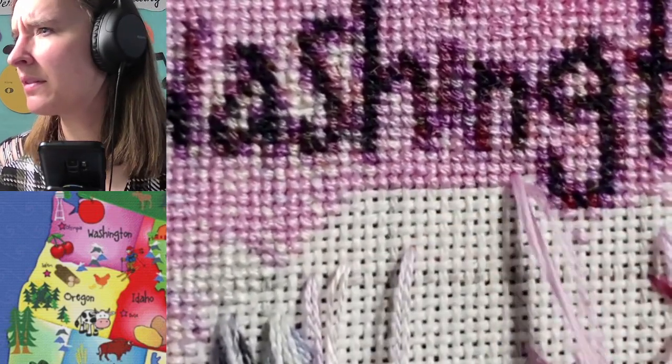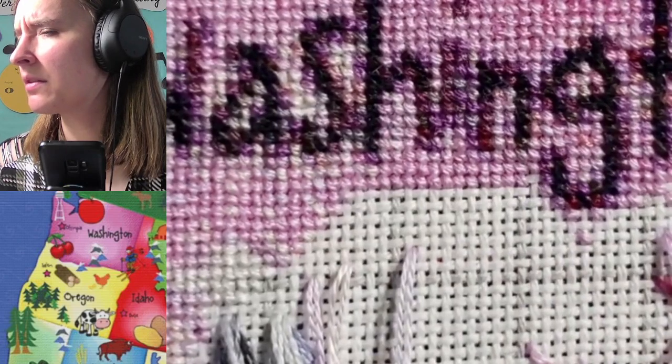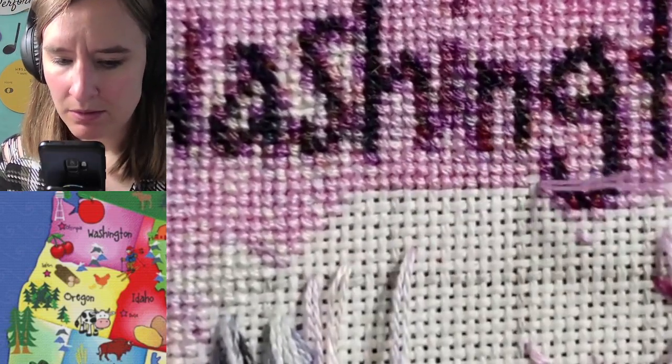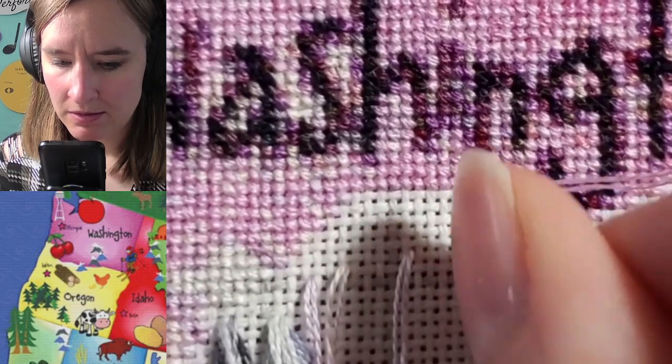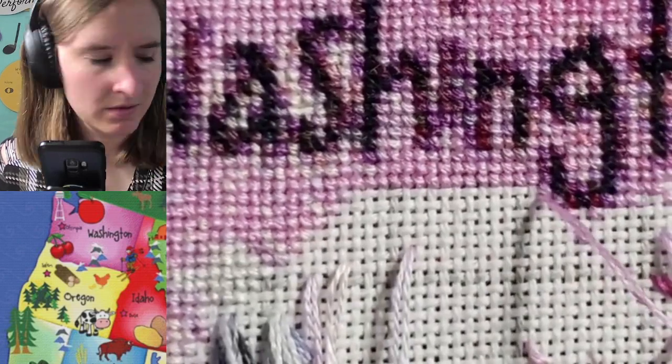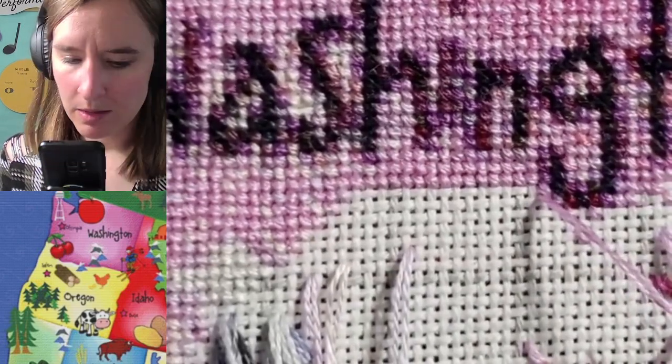Dude, it looks fine up close, but it's crazy how up close it makes the blemishes look worse. Not that the blemishes look bad, but